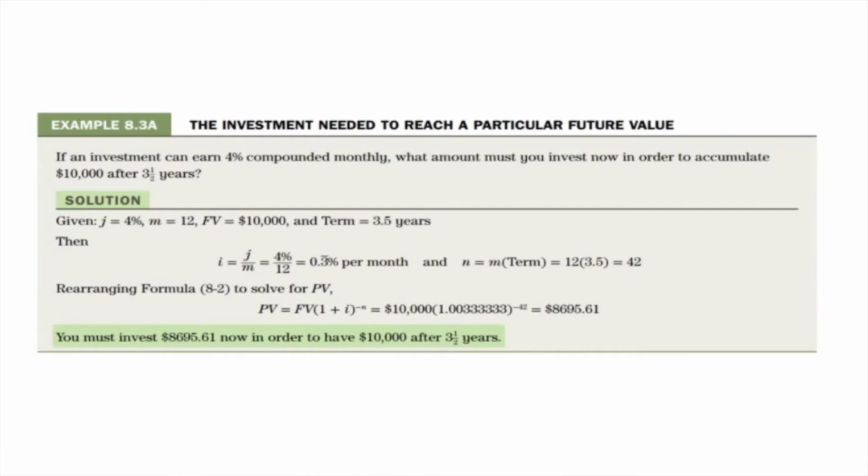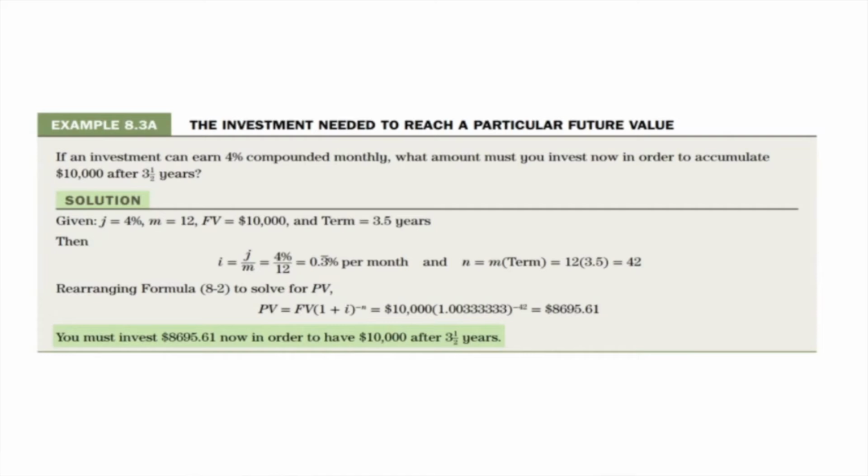So here we know that the future value is $10,000. We know the rate is 4% compounded monthly. So we have to take 4% divided by 12 in order to calculate the periodic rate. And 3.5 years. Now, we're dealing with months here, so we really need to think of how many months that is. It's compounded monthly, so 3.5 years times 12 will give us 42. So that will be 42 months. Again, common terms. If we plug that into the formula, the present value then is the future value,